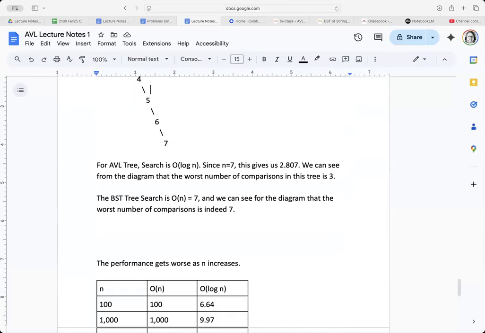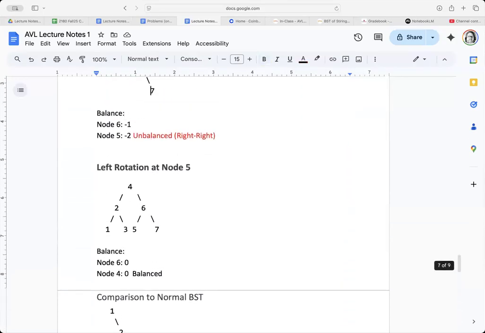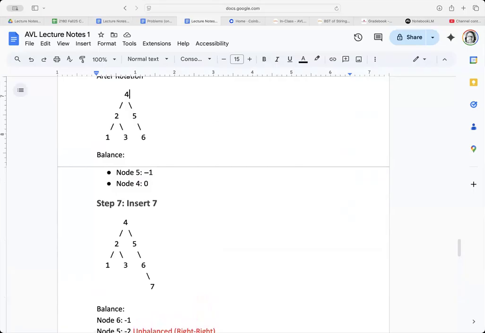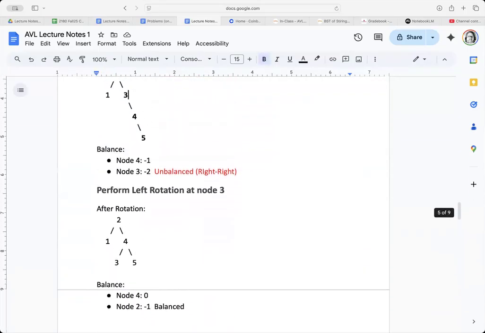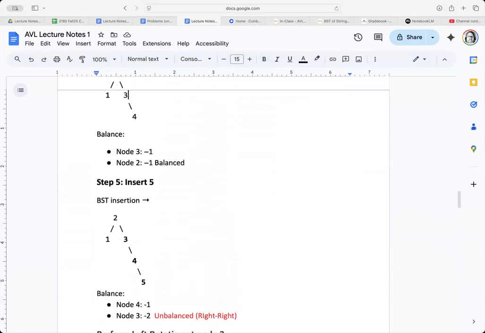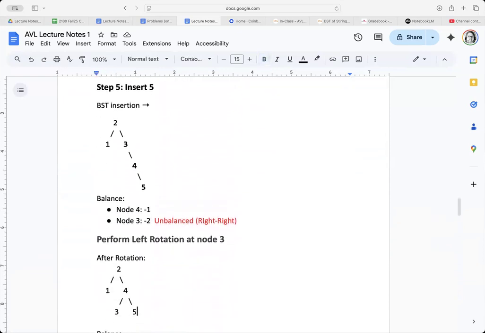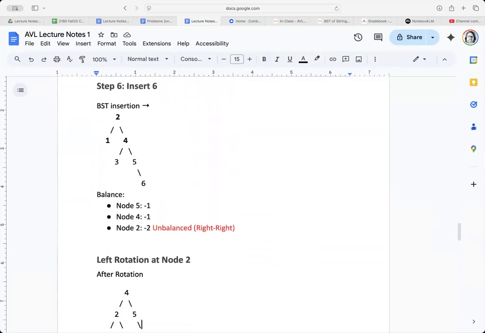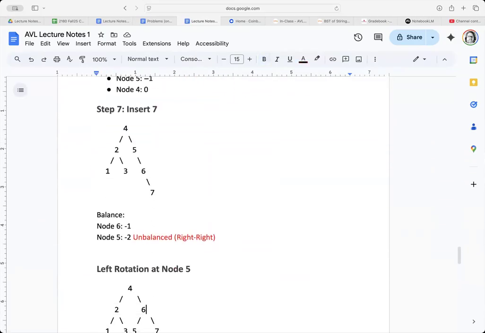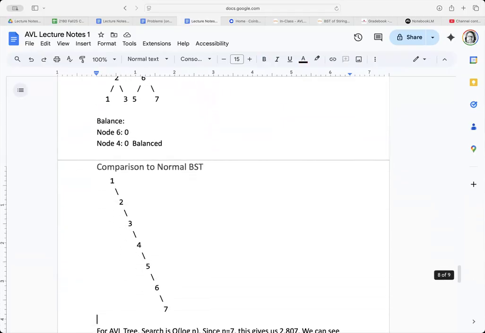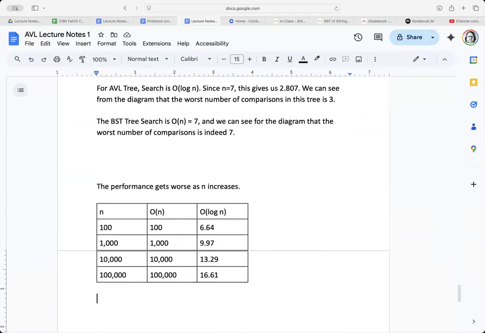Okay. So this was an example. Now, what this example didn't do, and that I may do some in class, is the idea of the left-right and the right-left. I guess I can do a real quick example here while we're at it. So what you're typically going to get with one of those rotations. Okay, let me do something here. We'll force an example. It's where you're going to have something like,